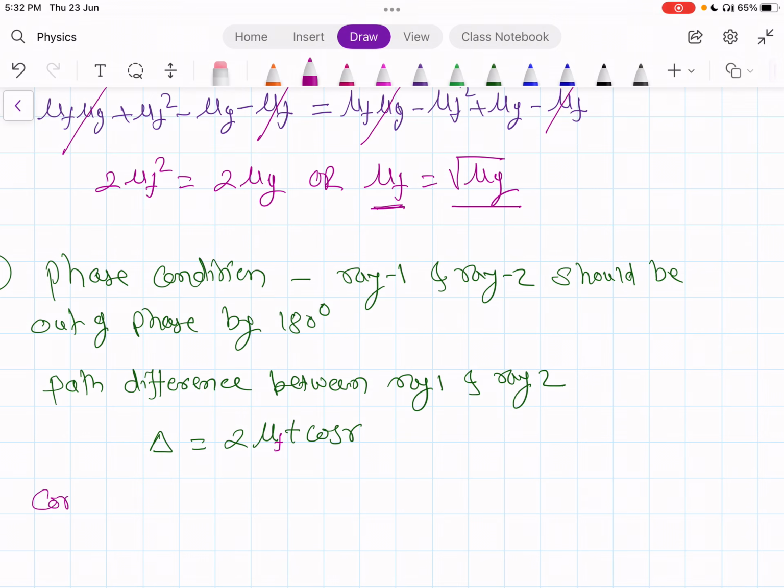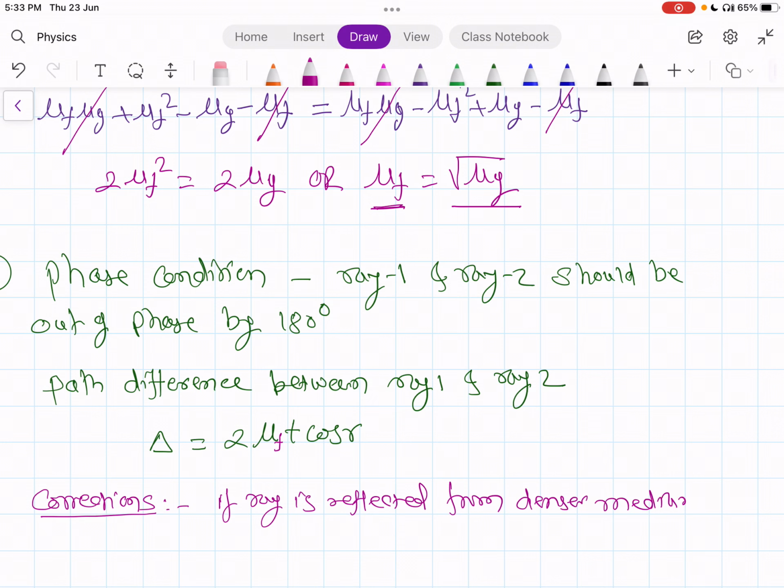But we have to also consider corrections. Correction is if a ray or light is reflected from a denser medium, its path changes by lambda by 2. So we have to check ray 1 and ray 2 if they are reflected from the denser